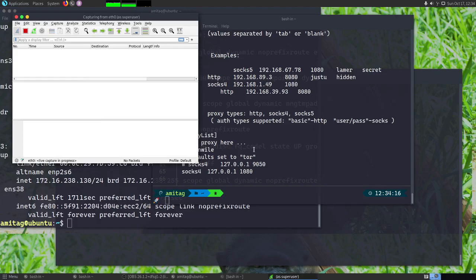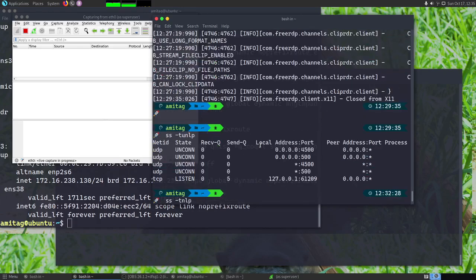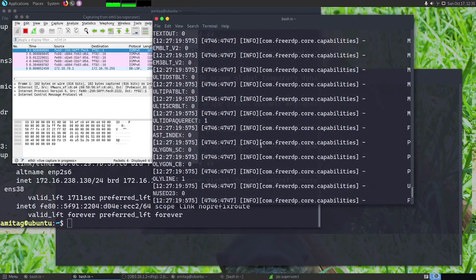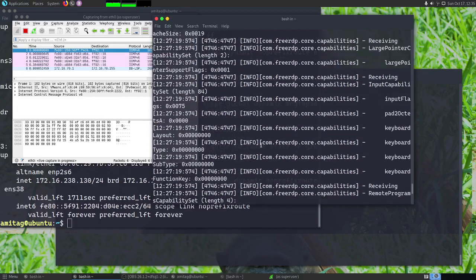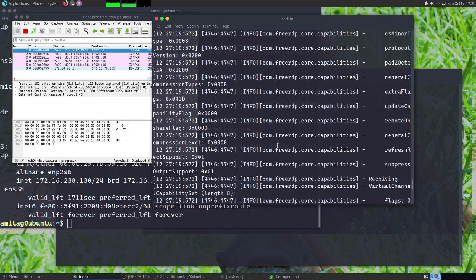This is because we are running on a virtual machine. So now that we have opened it, we can do nmap and the IP address of my Windows machine, which is 238.130.